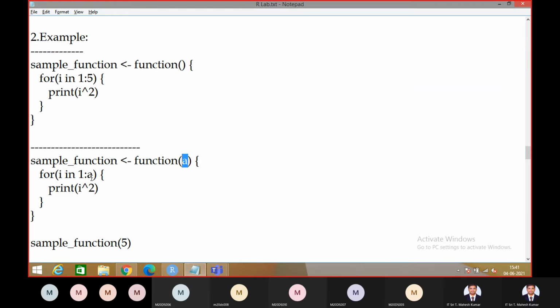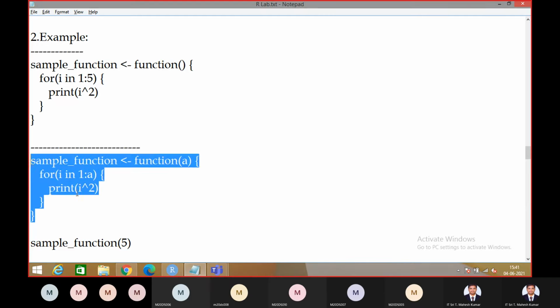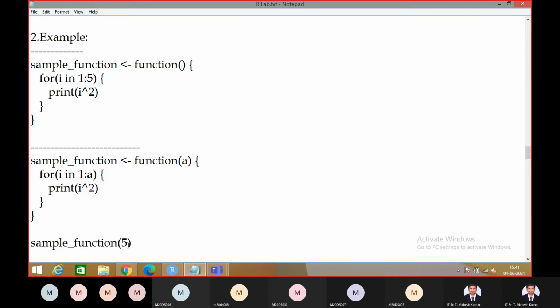Whatever the value is, a is going to be replaced here, and from that value it is going to display the squares. Okay, so this is the function definition. In order to execute this function definition, you have to call that function, right? Here there are no arguments, so it executed directly, but here you have to pass the argument, right? Then only it will execute. So to call the same function name, within the braces you have to send this argument.